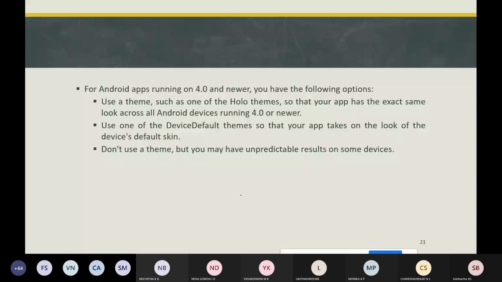Okay, so after adding all the themes and background, the app will be displayed using whatever theme or background you have used. The buttons will be displayed based on that. So apps designed for Android versions 4.0 and higher can all use the device default public theme. There is a public theme family, which we call device default.